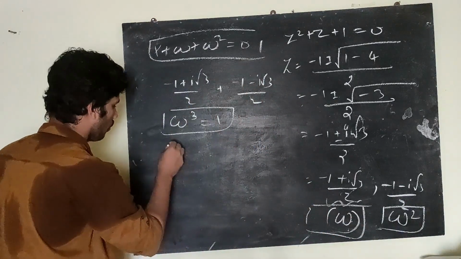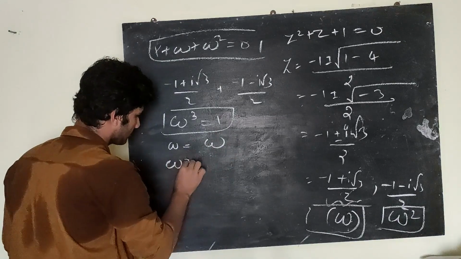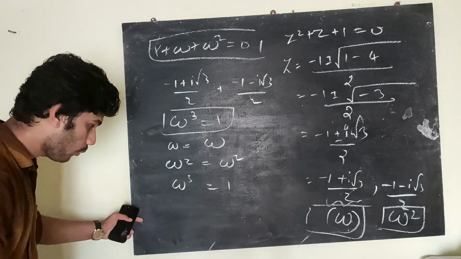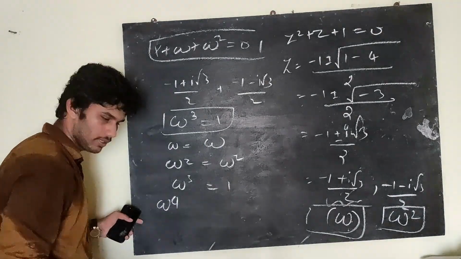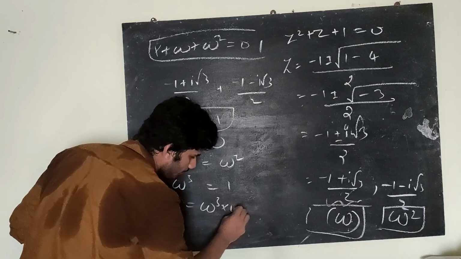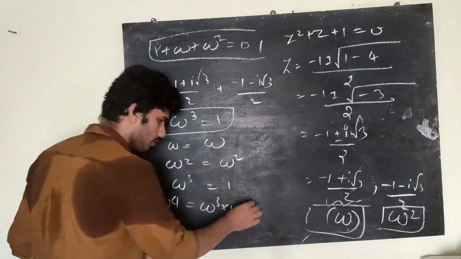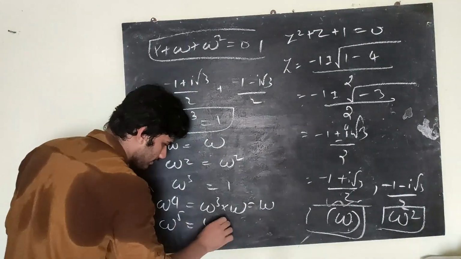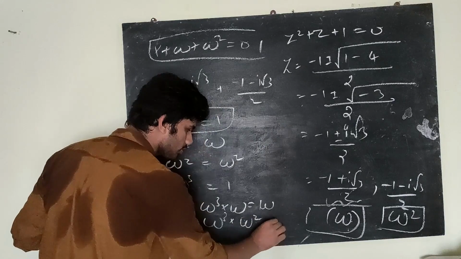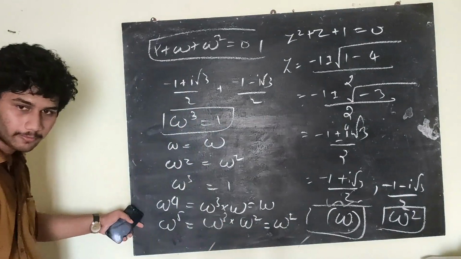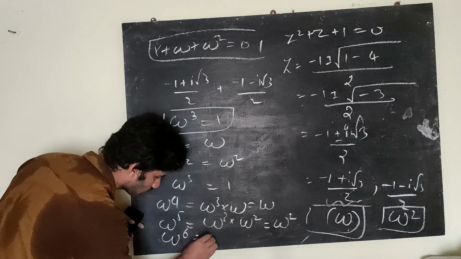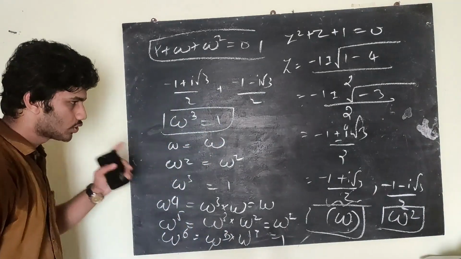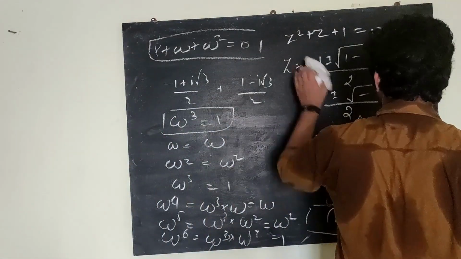we have omega cube is equal to 1. Now what is omega raised to 4? Can I write this as omega cube into omega? Omega cube is 1, so this is omega. What is omega raised to 5? Is it omega cube into omega square, or simply omega square? Omega cube is 1. And omega raised to 6 becomes omega raised to 3 into omega raised to 3. That is again 1. So generalizing the property,